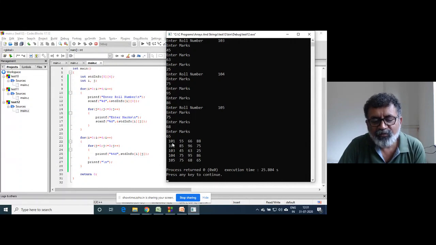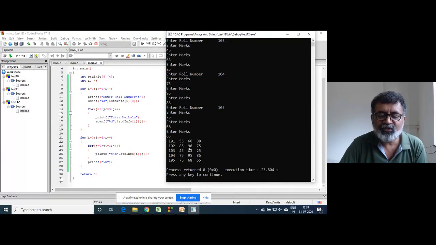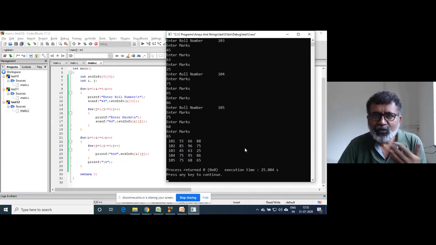This is going to be the roll number, then marks of physics, chemistry, maths, right? Then 102, marks of physics, chemistry, maths, like this. Okay, so this is how the double dimension array works.